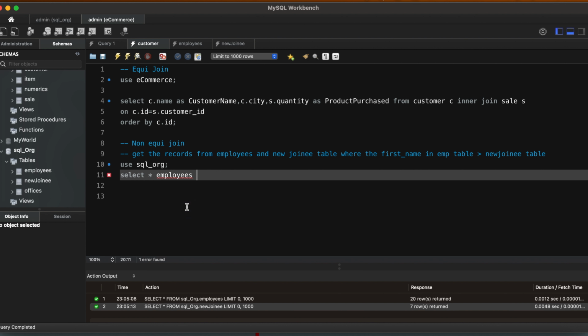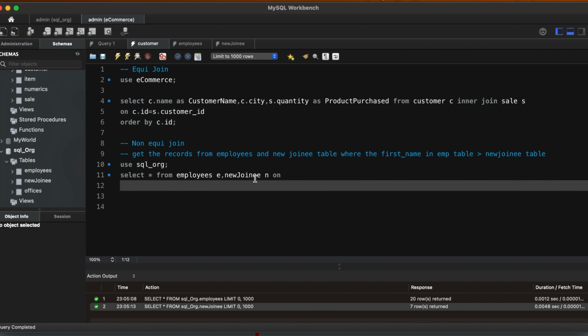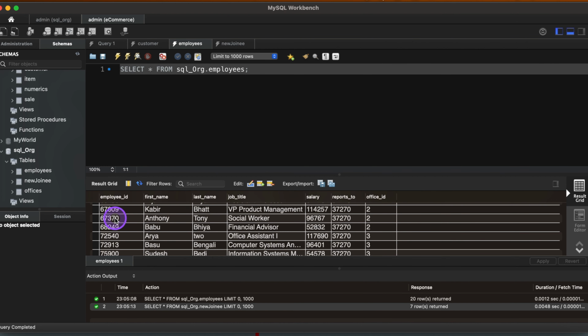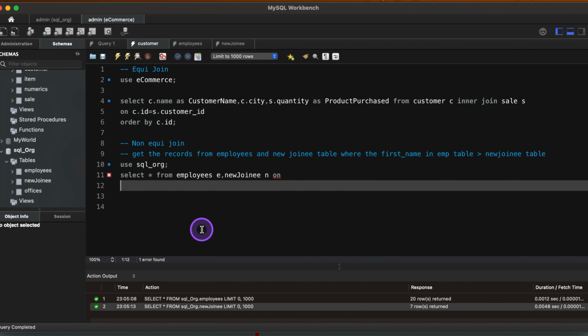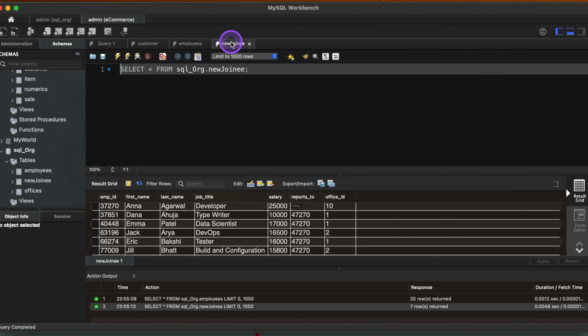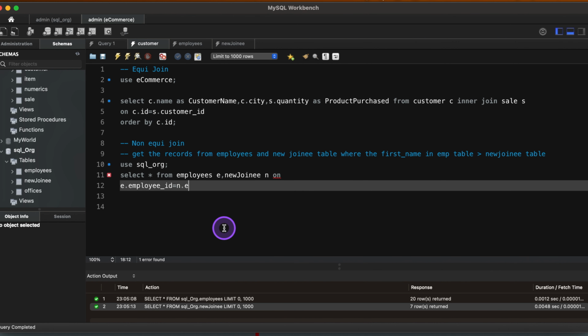So I'll give its name as E and the new joinee. So let's start from employees, the new joinee, and on. In the employee table I'm going to join by employee ID. So it should be E dot employee ID equal to N dot, new joining table's emp ID, so N dot emp underscore ID,